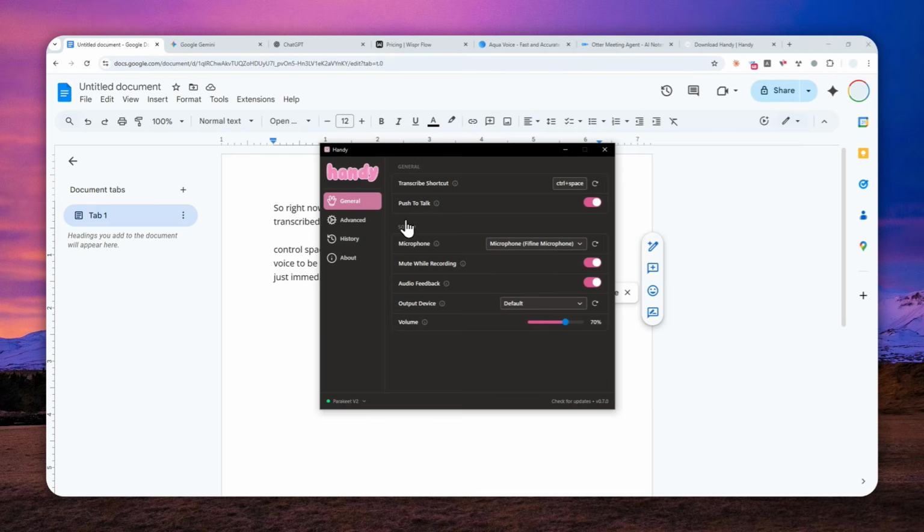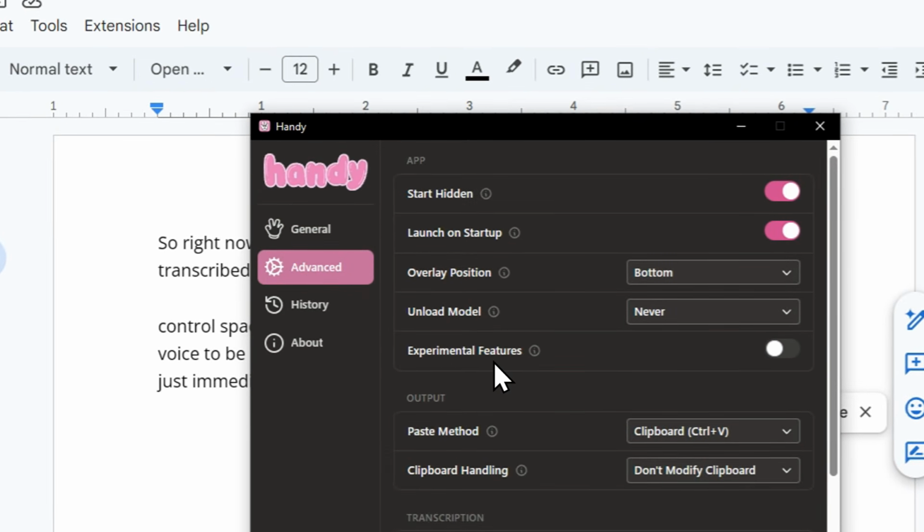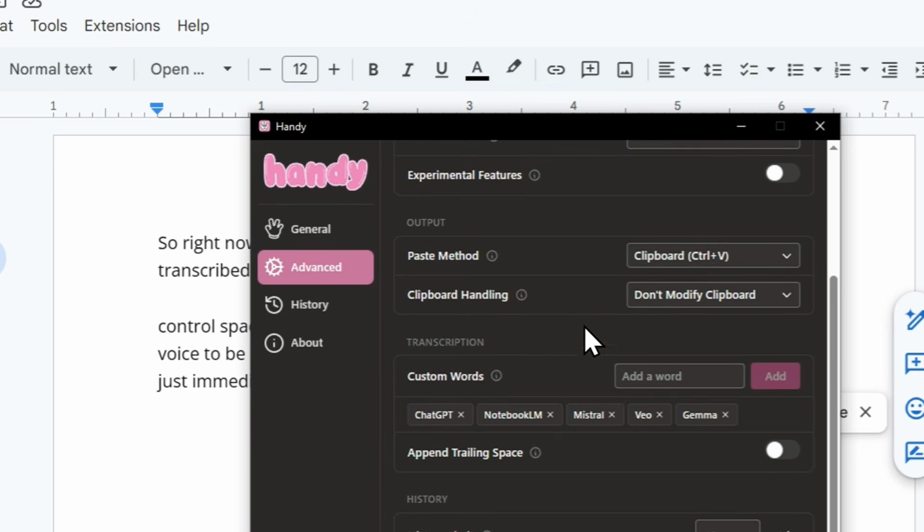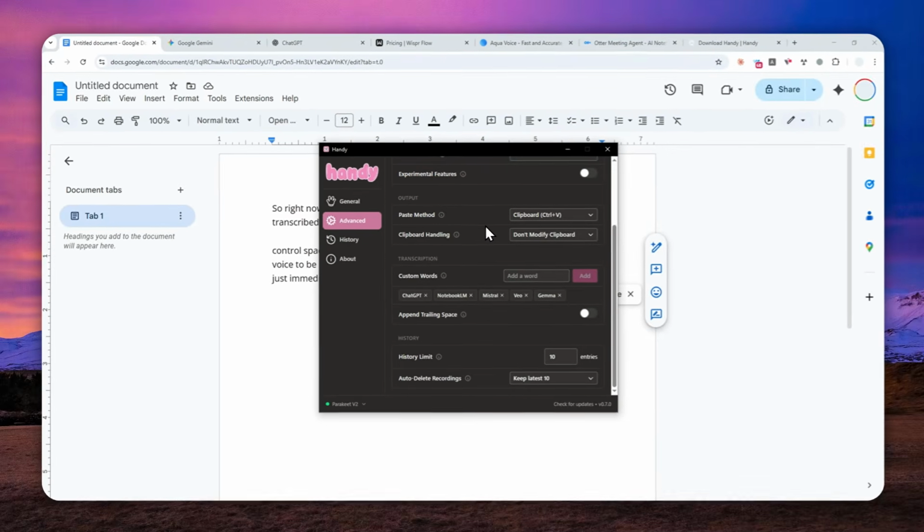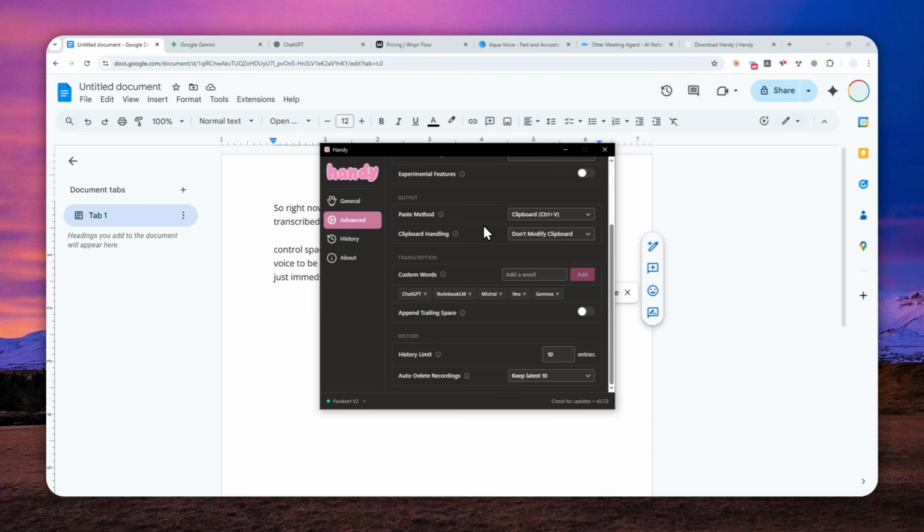Now, if we continue to the advanced section, you can change various settings, like if the app has to be launched during startup, or perhaps what method of paste you want. It's up to you. But maybe one section that you need to take a closer look at is